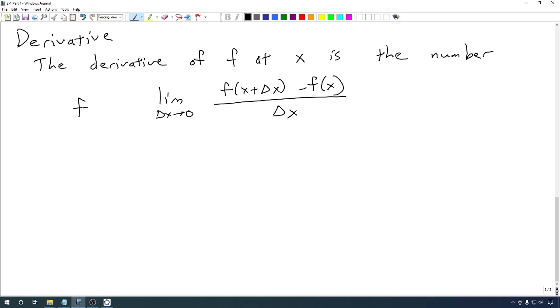But we give it the notation of f prime of x. You could say it's an apostrophe essentially, but it's mathematically called a prime. So f prime of x is equal to this limit, provided that limit exists. The limit doesn't always have to exist. If that limit exists,